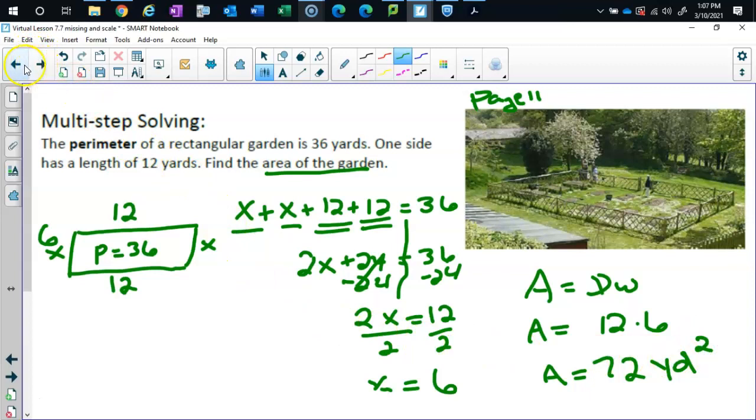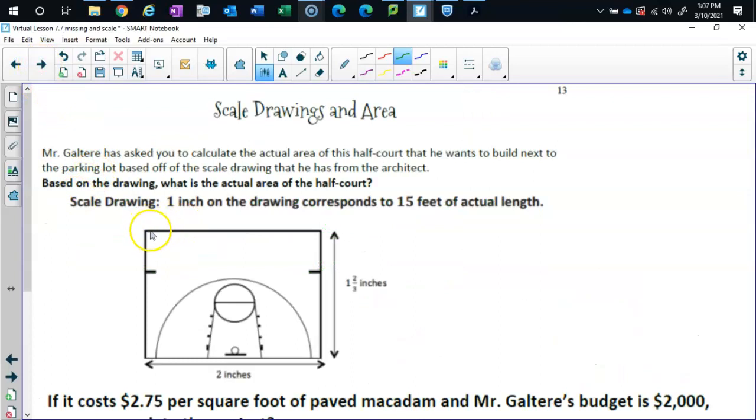All right. That is solving problems kind of backwards, okay? And we've done that. This is the second part of the lesson. Turn to page 13 in your notes. This is page 13. This is taking area problems and applying something we did earlier this year, which is scale,